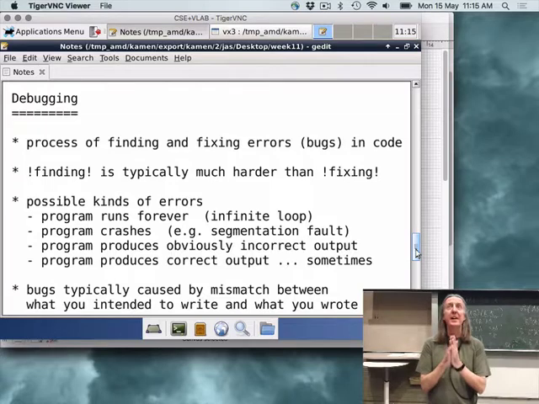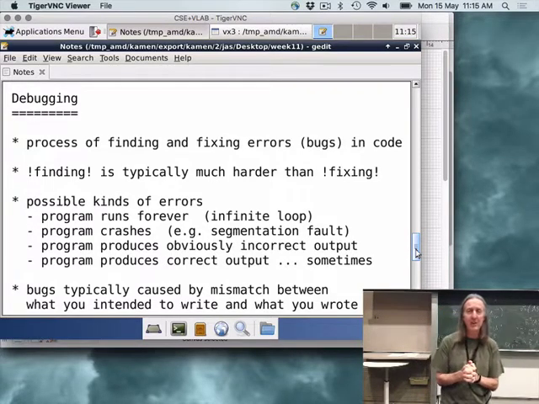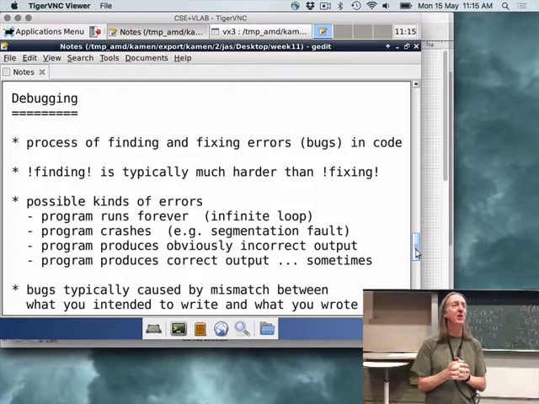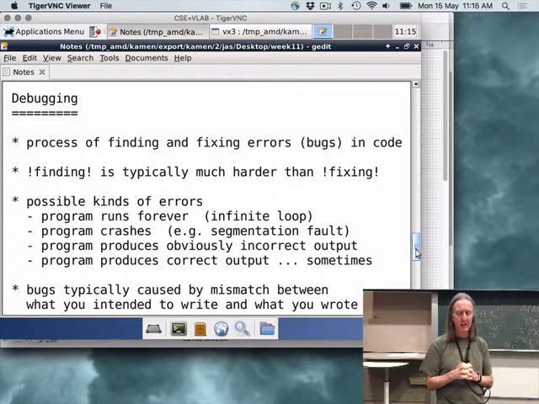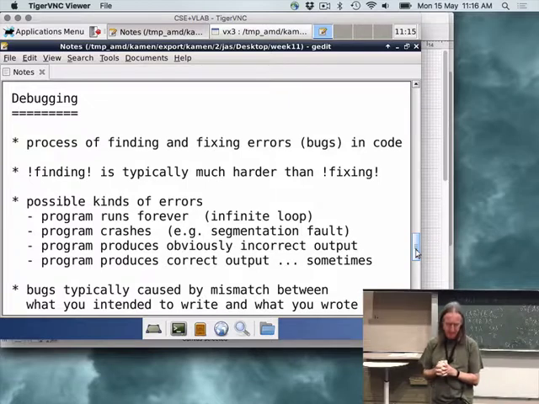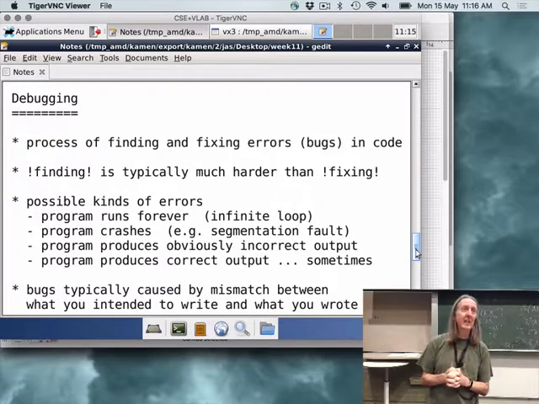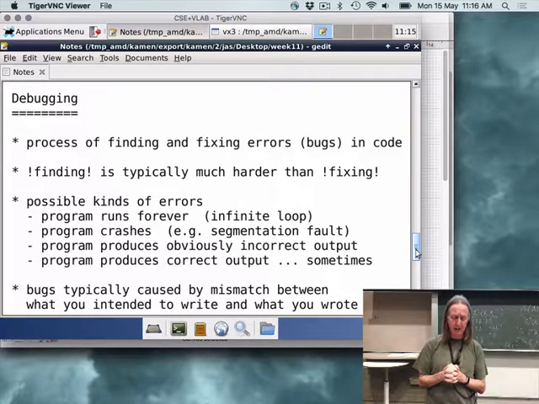But when you first start with your program, there are a number of things that can go wrong. You can start the program running, and it runs for a long time, and you think, maybe that's just a lot of recursion, and you wait longer and longer and longer, and nothing ever happens, and you realise that it's never going to terminate. So you can get into an infinite loop. Working out where that is is an interesting question. We'll look at how to deal with that with the debugger in a minute.